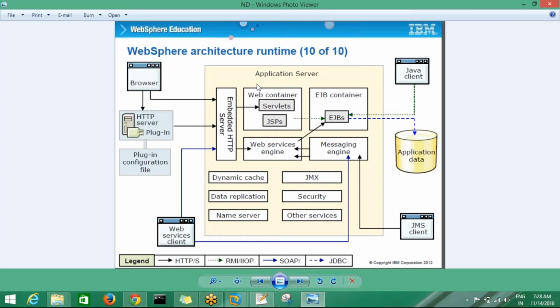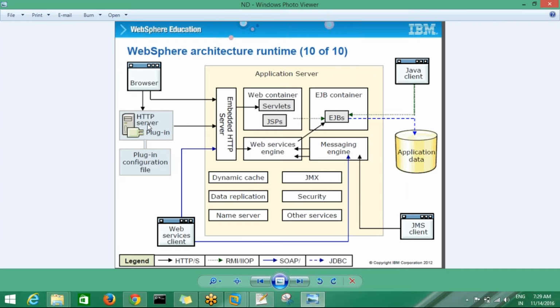If requests connect directly to the application server, the server may have problems, the server goes down. So that's why in front of the application server we are using an HTTP server. The request first comes to the HTTP server, which means web server.